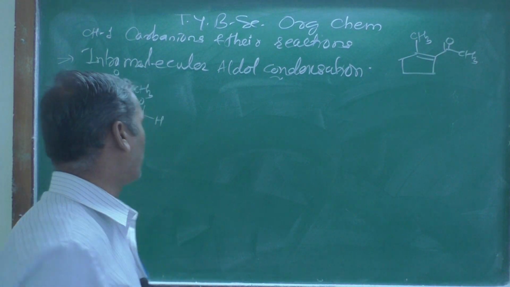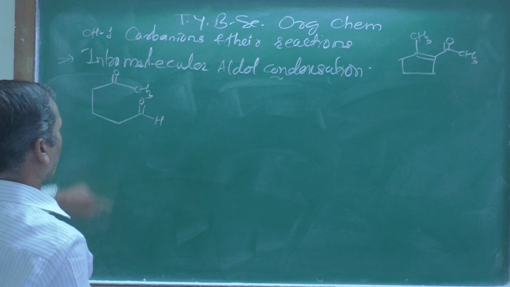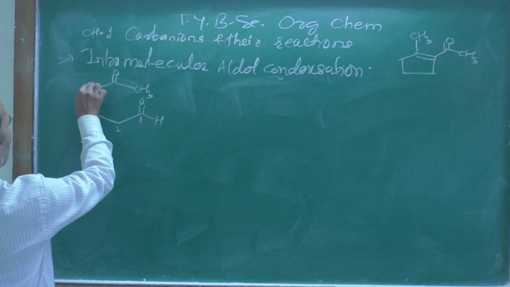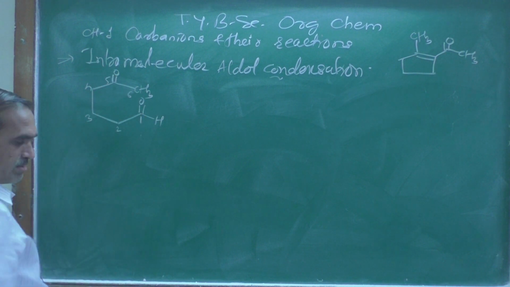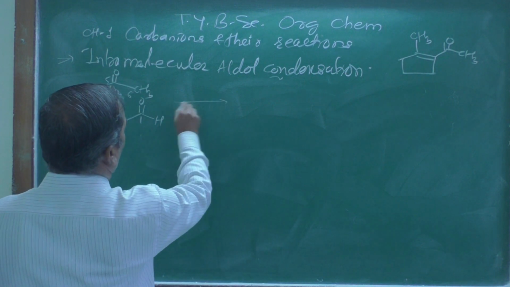The numbering starts from the aldehyde, which is more oxidizable than ketone, and therefore numbering should start from this side. 1, 2, 3, 4, 5 and 6 carbon atoms are there,